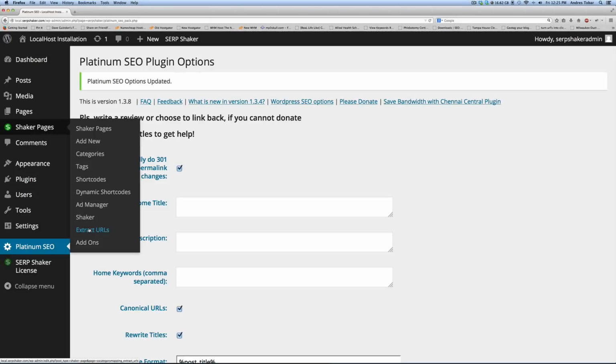Just remember that if you have 17,000 URLs, 30,000 URLs, it's going to take a while to go through those and actually extract them out. And if you are doing that, I really recommend that you are using the localhost setup so that you can max out the limits on your setup and not have to worry about timing out